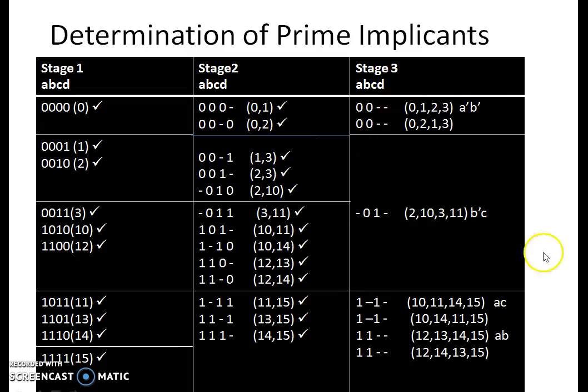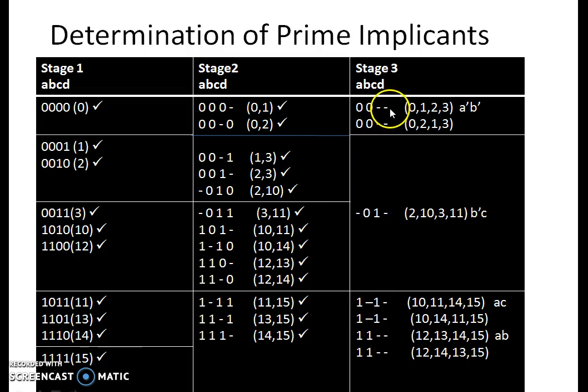Now in the third stage, I have to examine whether I can reduce 3 variables. It's as good as an octet in your K-map. The criteria for this is that the 2 hyphens must be in the same position and they should differ by a single bit. If I examine the first and the second section, hyphens do not match, so ruled out. Second and the third, hyphens do not match, so ruled out. I will not check for the second criteria at all.